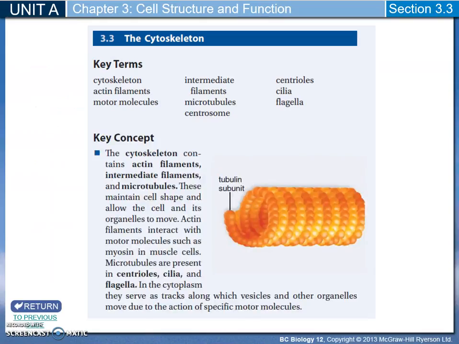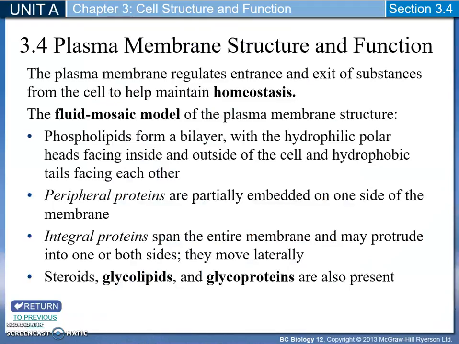So that looks at those three structures of the cytoskeleton, which are the actin filaments, the intermediate filaments, and the microtubules. So now we'll look at the plasma membrane structure and function in a little bit more detail. The plasma membrane regulates the entrance and exit of substances from the cell to help maintain homeostasis, of course. What else? So the fluid mosaic model of the plasma membrane then is described as such, with phospholipids